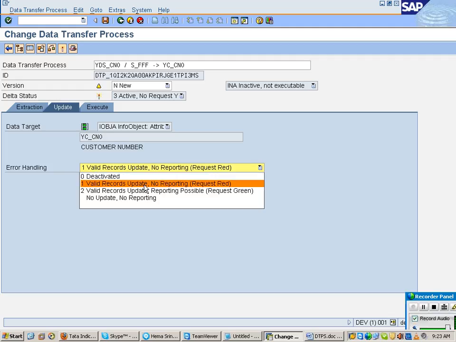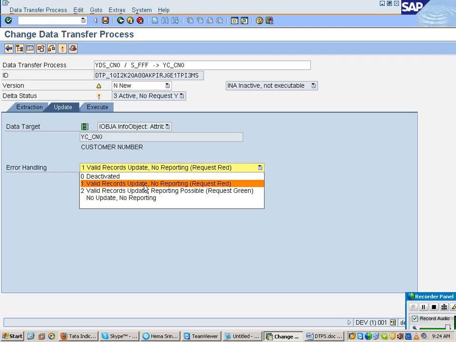Now let us say I have 3 records in my file. Imagine 1 record is having an error. Out of 3 records, 1 record has some error. Now when you trigger your DTP, how many records are valid? 2 records. What is it telling? Valid records update. That means let the 2 records be updated into your target. Where will 1 record go? Into the error stack. And even though 2 records are updated into the target, what is it telling?